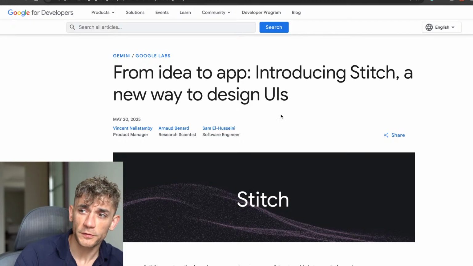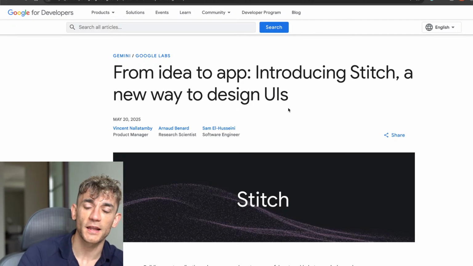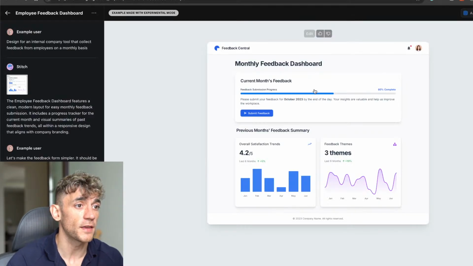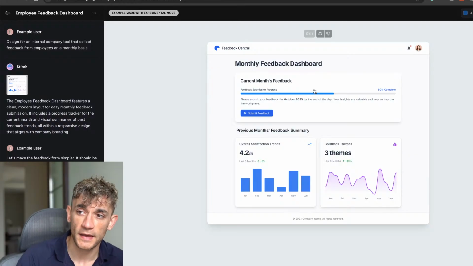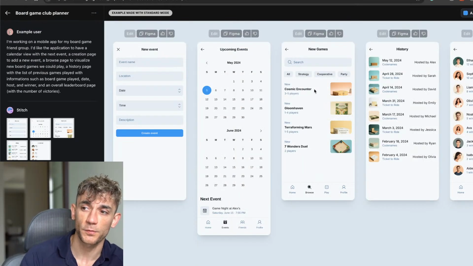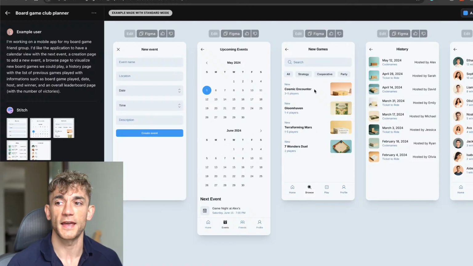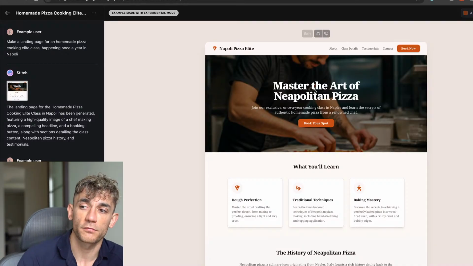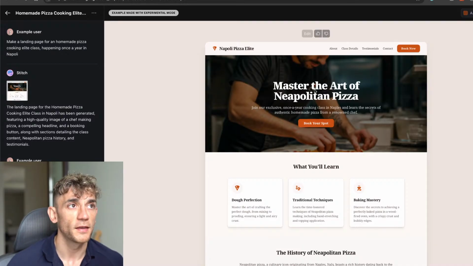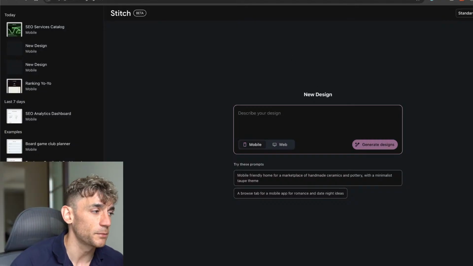Google just dropped Stitch, a new tool that builds UI for apps in one click for free, and I'm about to show you exactly how to use it step by step. You see, I built this dashboard for free in one single click, and you'll learn how to turn a single text prompt into a fully functional front-end application without writing any code. And you'll get all of my best prompts for doing this, plus why this could replace expensive front-end developers and save you thousands on custom app development.